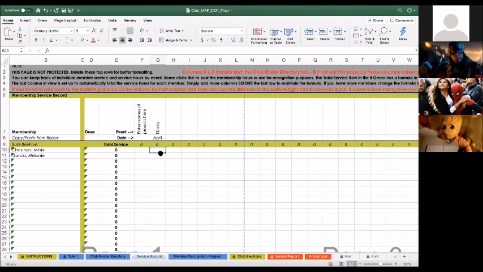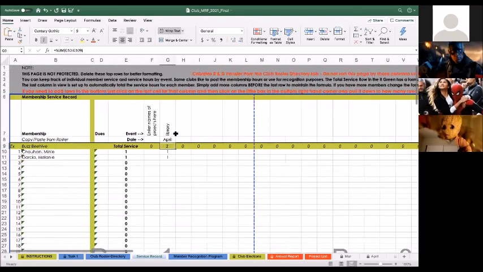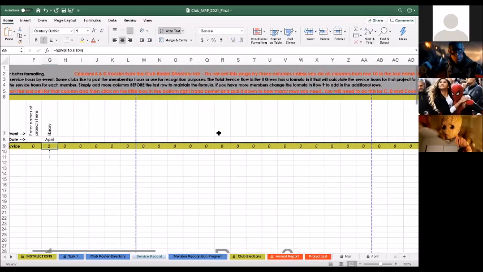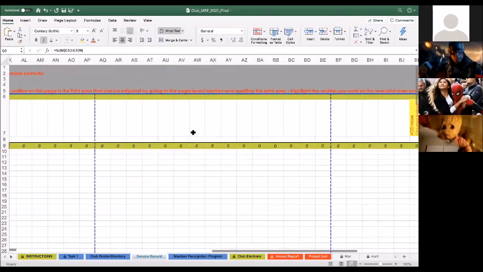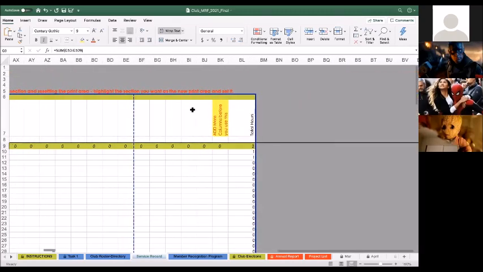Again, let's say I do a service hour and Melanie does a service hour. That's 2. Please don't mess with the formula. Don't touch that. It'll just make it harder for you. CNH has provided a lot of space, but if you have more service events, it says to add more columns before you use this one.